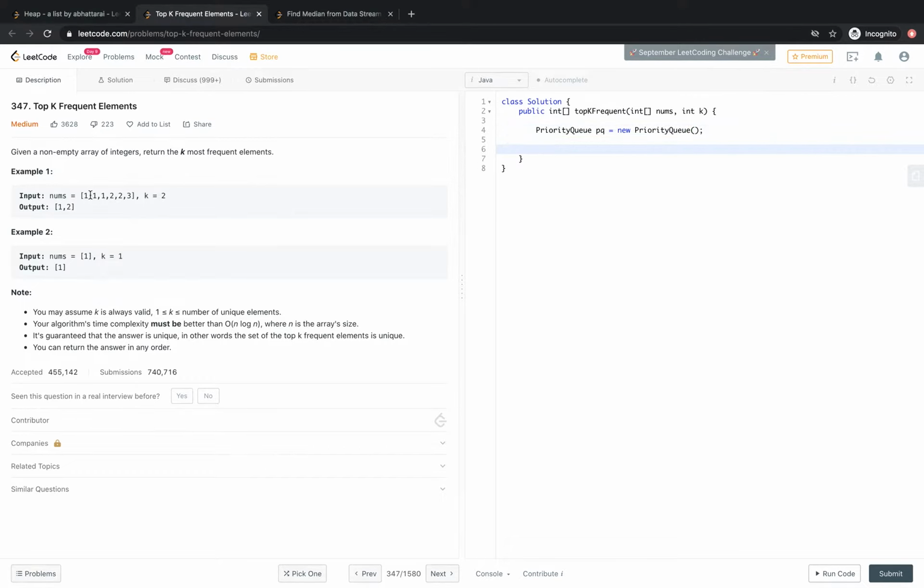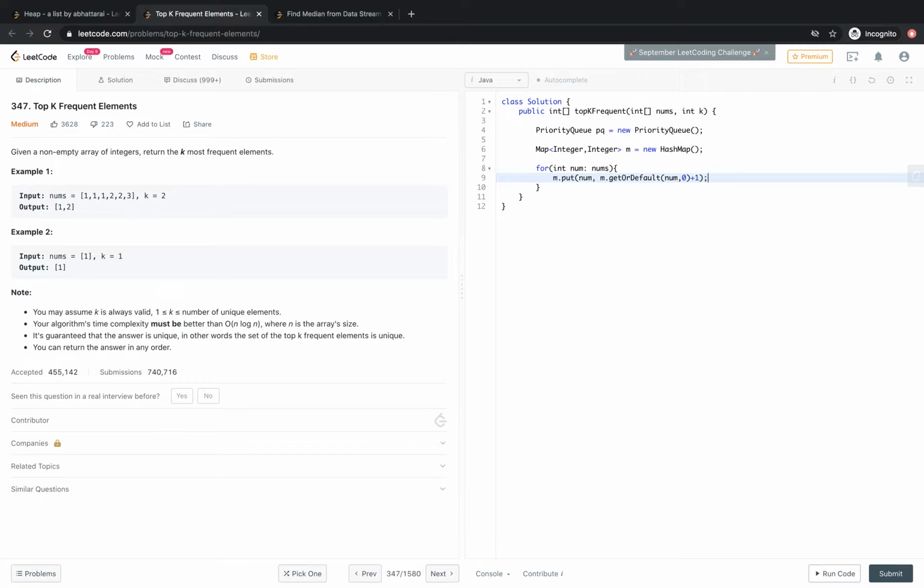But this time, we need to know which number occurred more, right? So let's just put a hash map first. Map of n is equal to new HashMap. This map will be of integer, right? Then for every integer in nums, what we'll do is map.put(num, map.getOrDefault(num, 0) + 1). If there is none, we'll simply pick 0, and we'll add 1, so